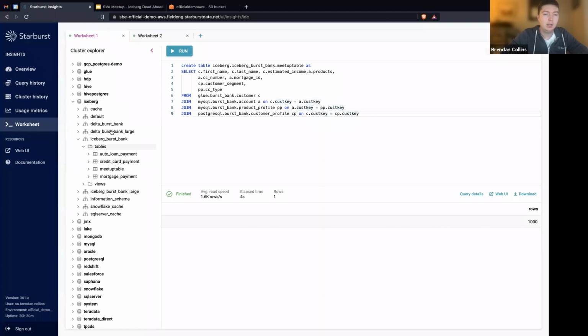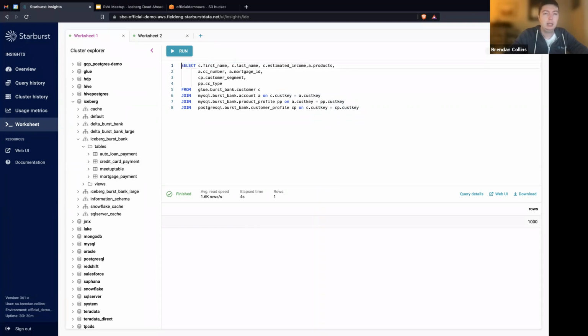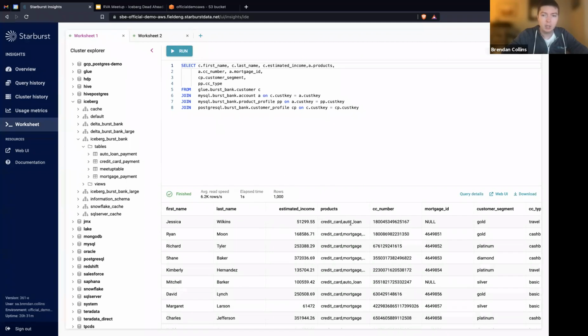So we have fake auto loan payments, fake credit card payments. To start with, I ran a sample federated query where I joined data from a MySQL database and a Postgres database. I now have a cross section of data that I want, joined based on a customer key. Again, bear in mind, this is all just fake data that we use for